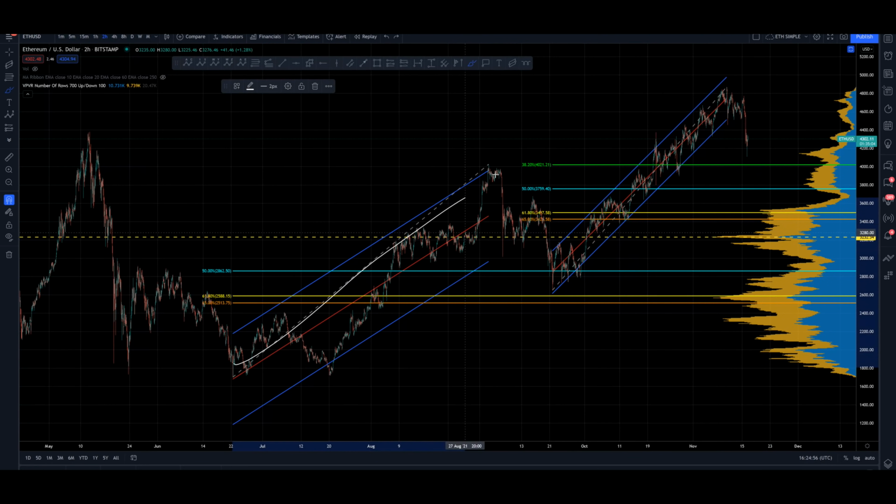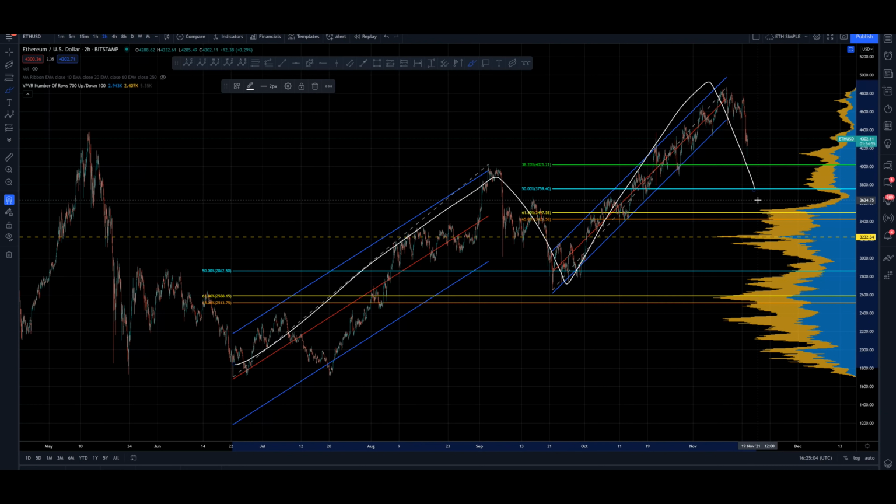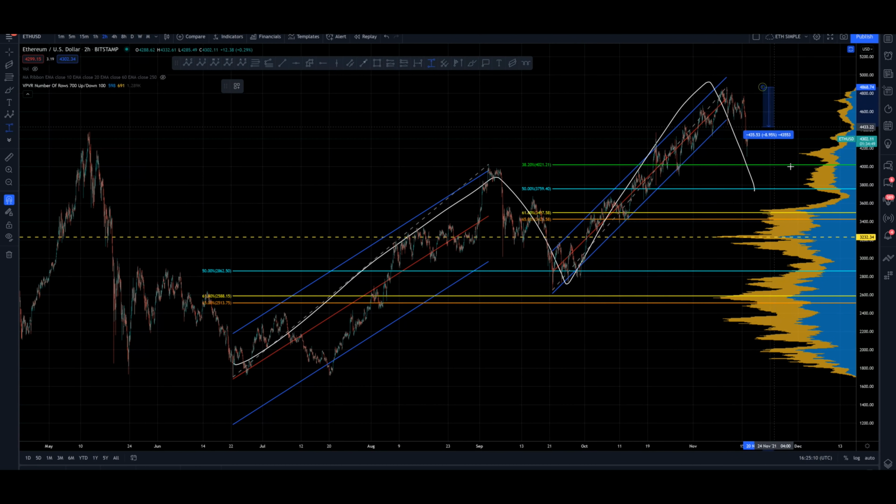If this is 1, 2, extended 1, 2, I think 50 around there should really be about the limit. It could come deeper, but then let's have a look at what kind of size correction we'd be getting overall. If we came down to here, from the current pricing, that would be a 22% correction. The correction back here,